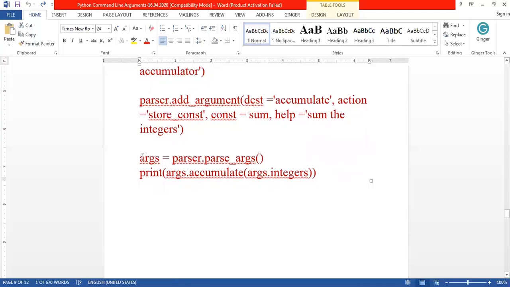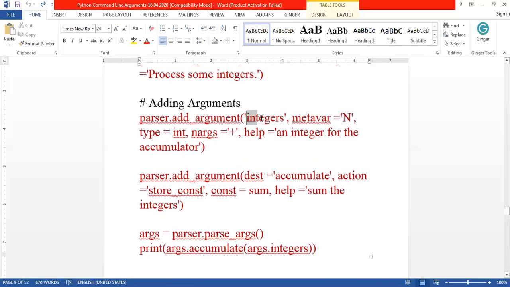Validation. Here we are validating the arguments, whether they are given correctly or not. For example, here the arguments have to be given in the form of integers. The metavar means how these arguments are named, using the variable n. The next is type, which should be integer type, and n is the number of arguments. It can have many arguments. And help means, if there is any error, the message to be displayed to the user is given in the heading. So here I have given the information about the command line arguments into the parser.